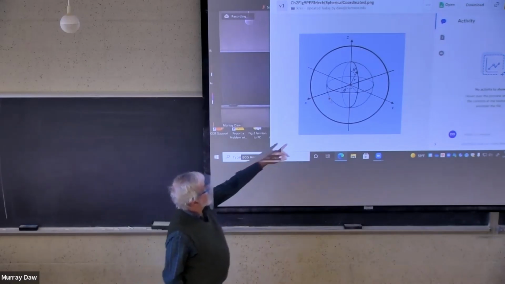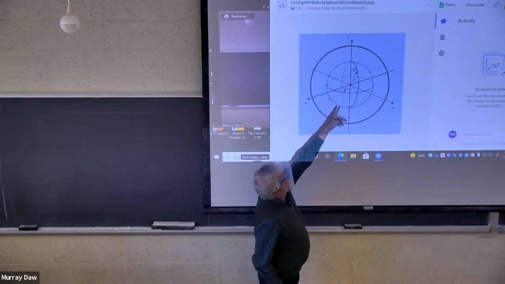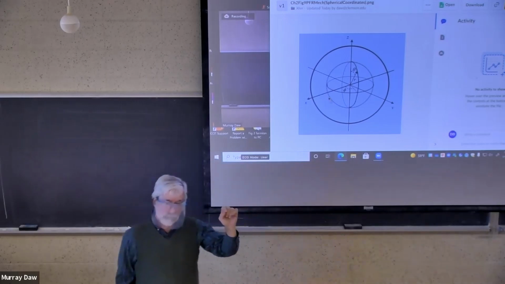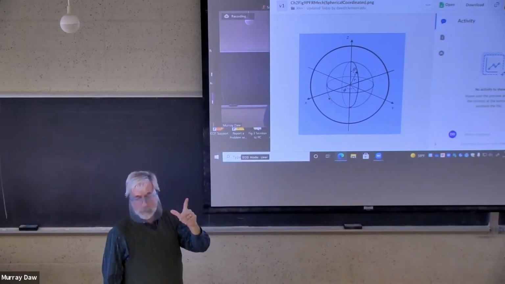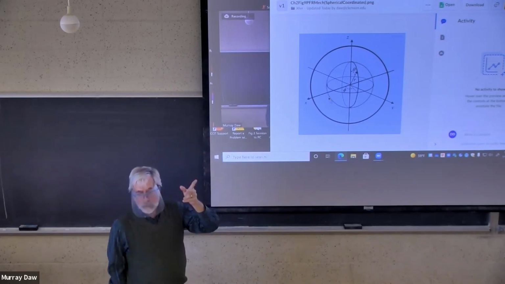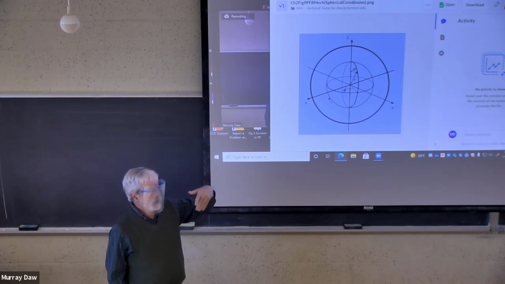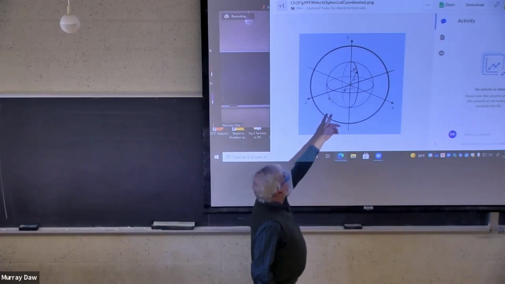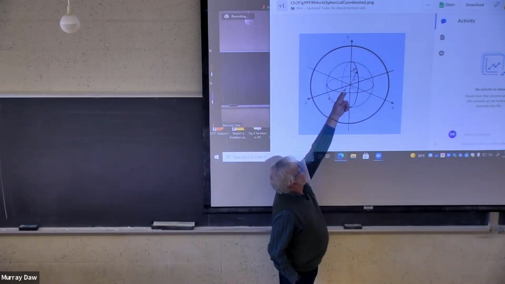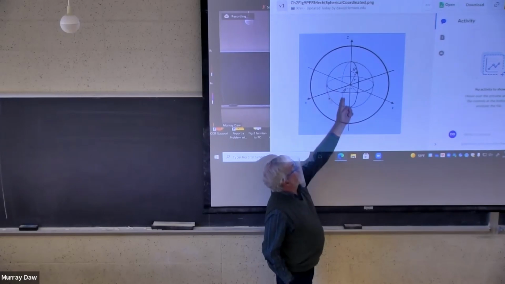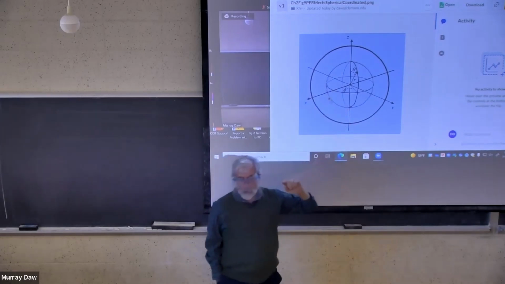Okay, so now we see the Cartesian coordinates x, y, and z. We have spherical coordinates. We have a distance, and we have 2 angles we have to specify. If you want to specify the position on the sphere, say, you need 2 angles. On the Earth, we use latitude and longitude, which amounts to 2 angles. One of the angles is the angle from the North Pole. Let's suppose we put Z along the North Pole. The angle that's made with the North Pole, that is the Z-axis, that angle is called theta,